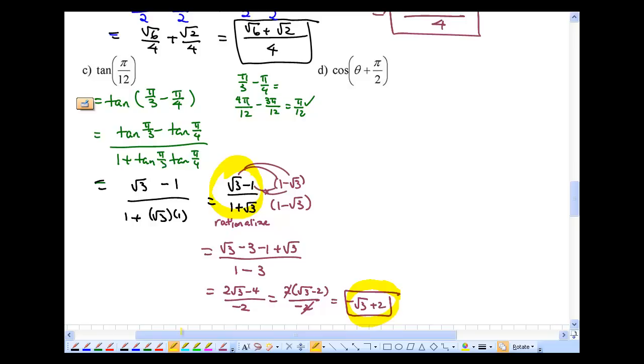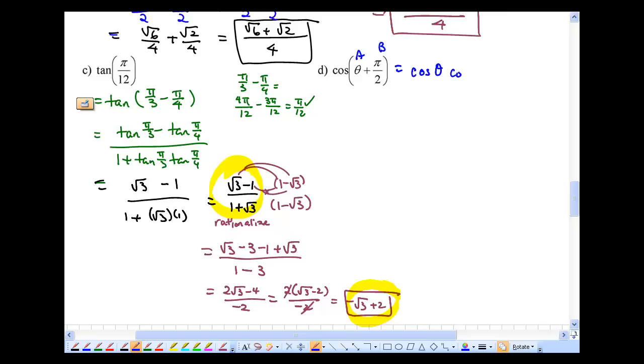Alright, let's do the last one, D. This one's a little bit different because this one doesn't have an angle. It actually has two things already. So it says cosine of theta plus pi over 2. There are already those two angles. So notice you already have your A and you already have your B. Just go ahead and put it into the formula. No need to break it up. It's already been done. Cos theta,